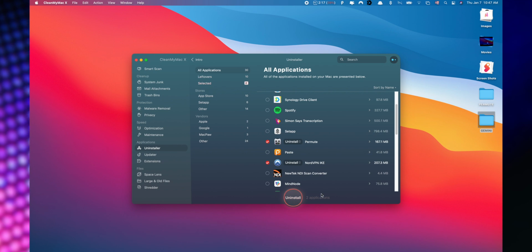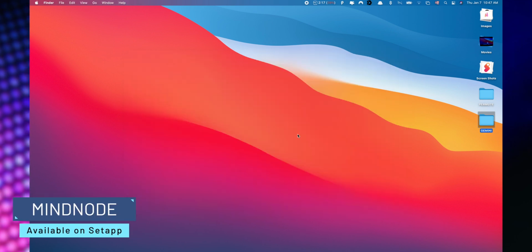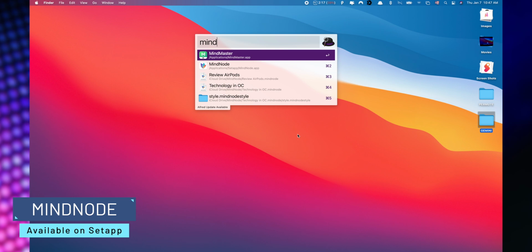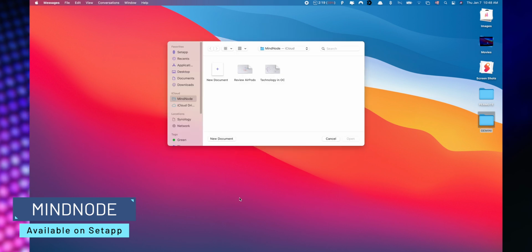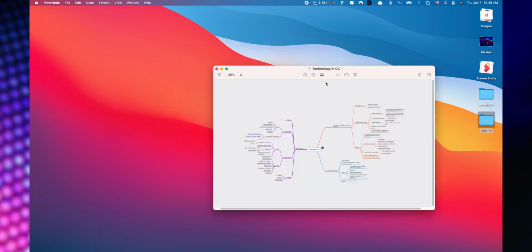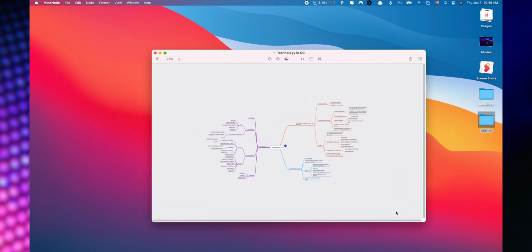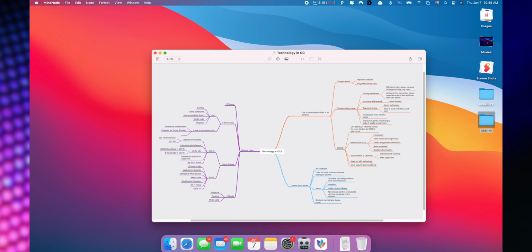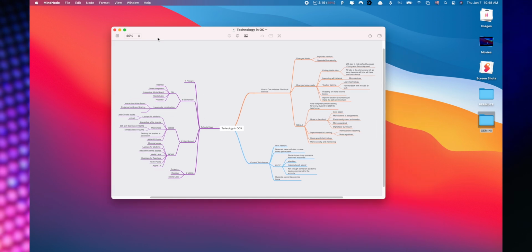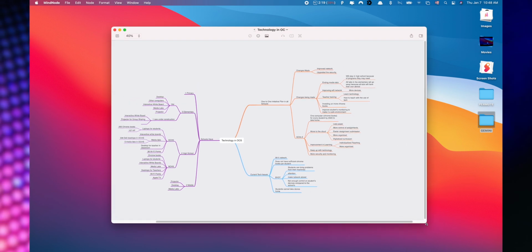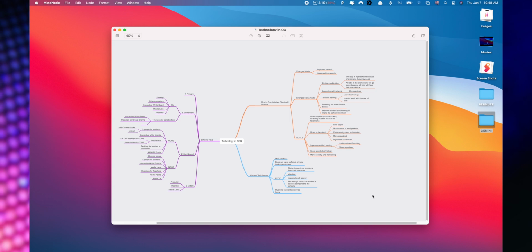And now the last application that I would like to share is MindNode. This is a visual mind mapping and brainstorming software. So you can basically start with a core idea or vision, and then branch out into new levels of thinking. So basically, I have this one that I did a long time ago when I was in college. So I'm gonna show it to you guys, and then we can create one together just so you can understand